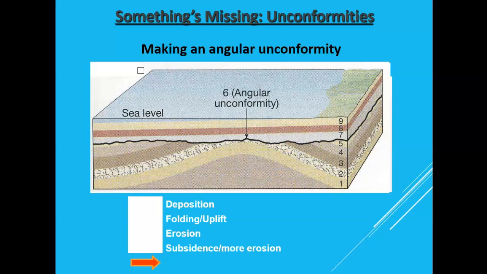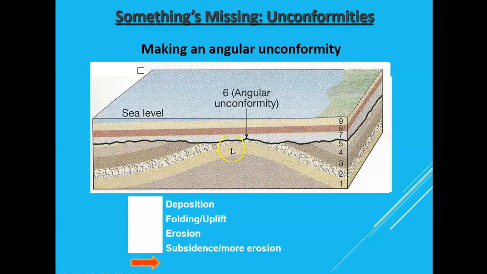But here the key, of course, is the angle of the layers across the contact. I don't care if this whole block was tilted 45 degrees on an angle. This would still be an angular unconformity where they touch. I don't care about the overall angle, even the unconformity can be tilted. You want to look at the unconformity and ask, what is the relationship between the rocks below and